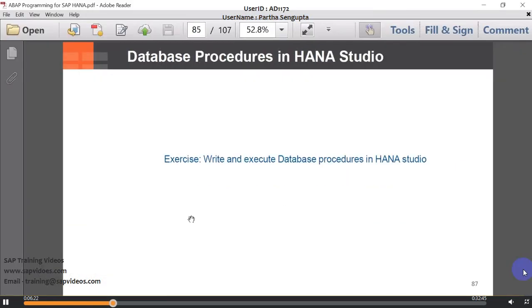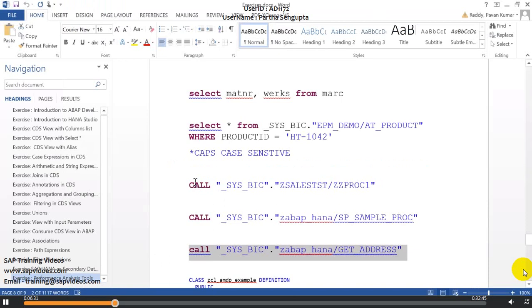So the next concept was database procedures in SAP HANA. I'll go to the exercise as well. I will show you how to select from a database; it's a case sensitive statement. If you want to access any product, suppose I want to access this, I can open